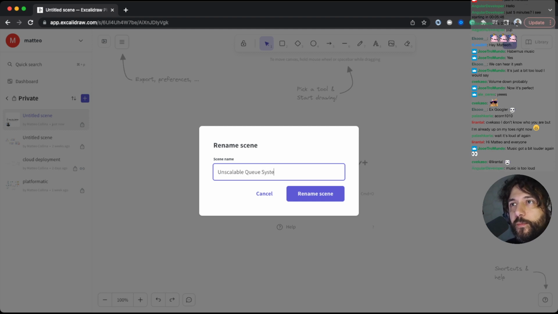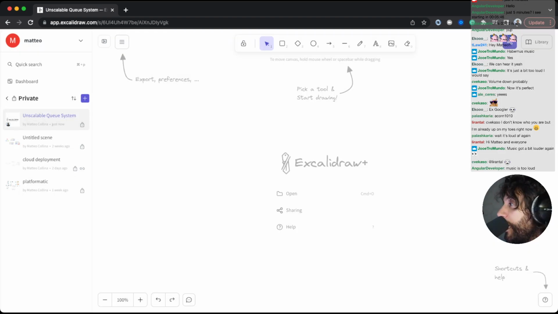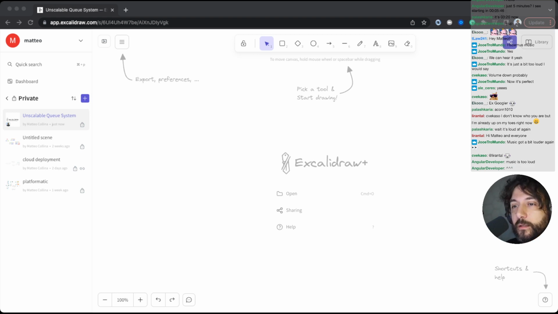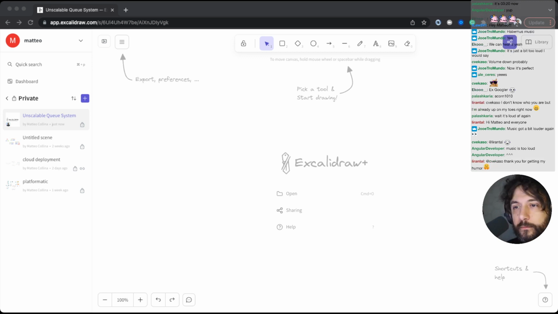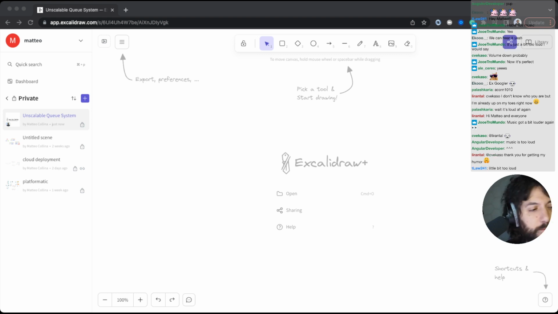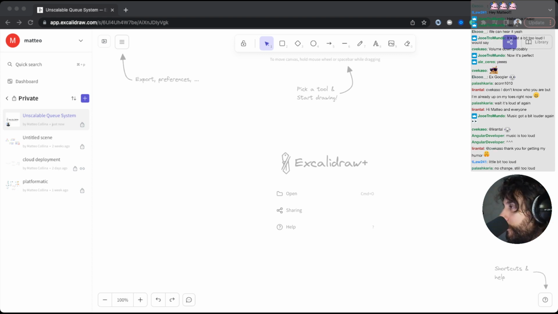queue system. Oh, music is too loud. Okay. Yay, it's down again. Is it good right now? Still too loud? How is it? Is it good? Still too loud. No change. Ah, sorry.